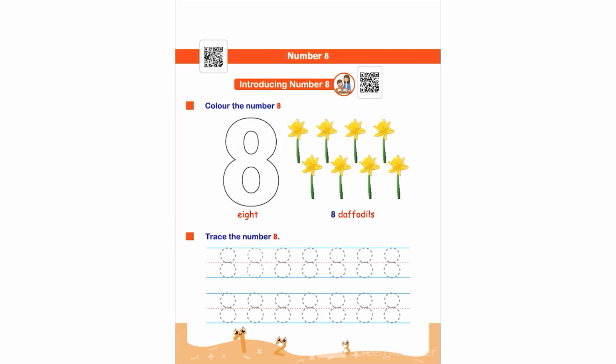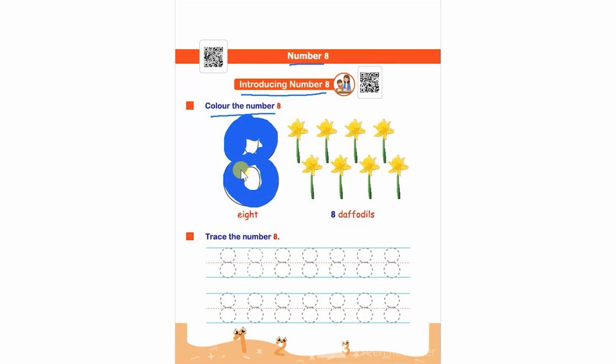In this worksheet, the topic is number 8. Over here we are introducing the number 8. Color the number 8. So here the child has to color the number 8. They can use crayons or pencil colors to do the same. So they have to color like this,